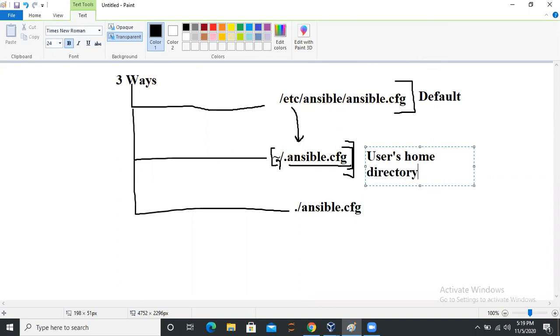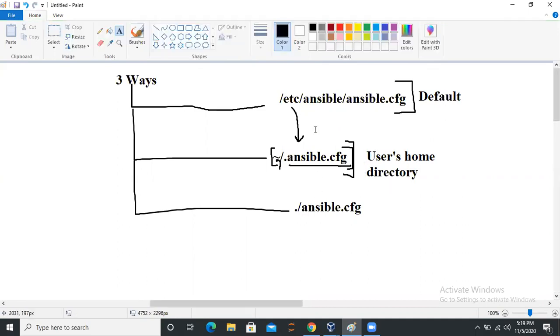So if this particular file is present in the user's home directory, then instead of this default configuration file, this file will be used, not this one. This one will not be used if this particular file is found by the system.